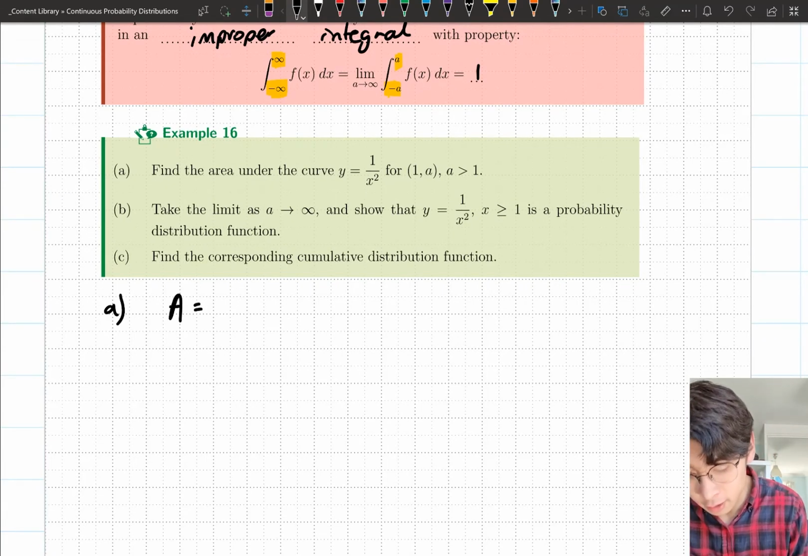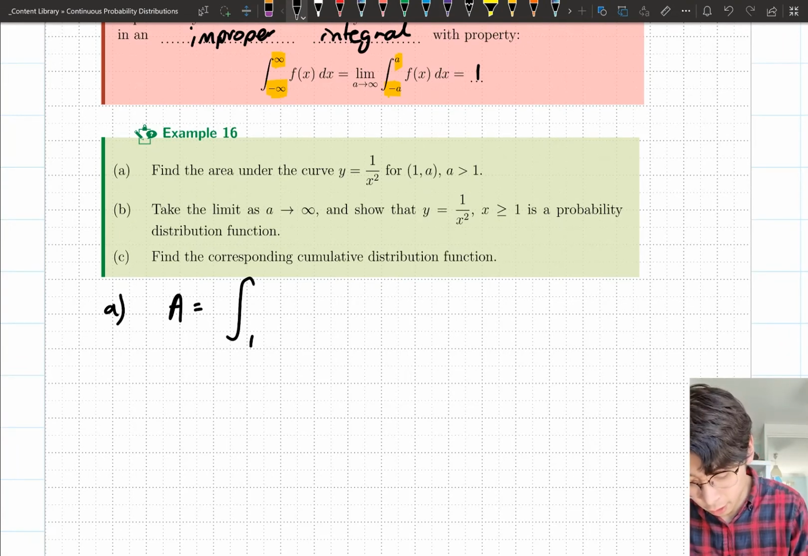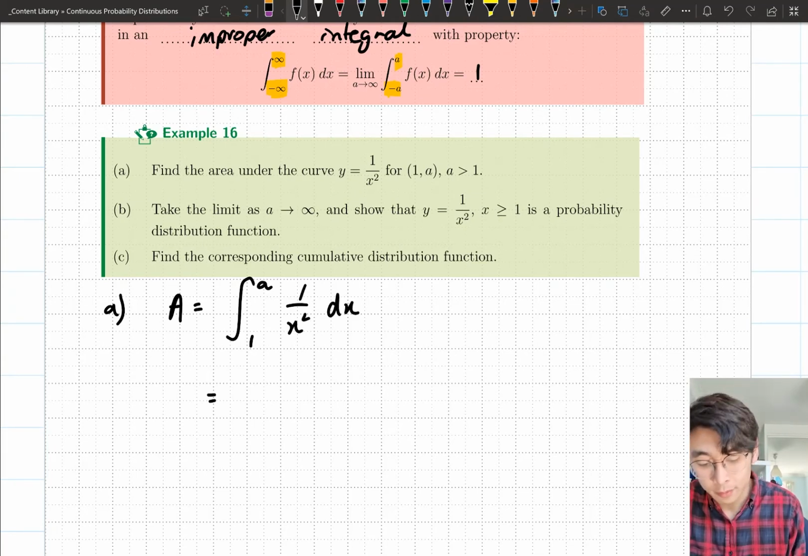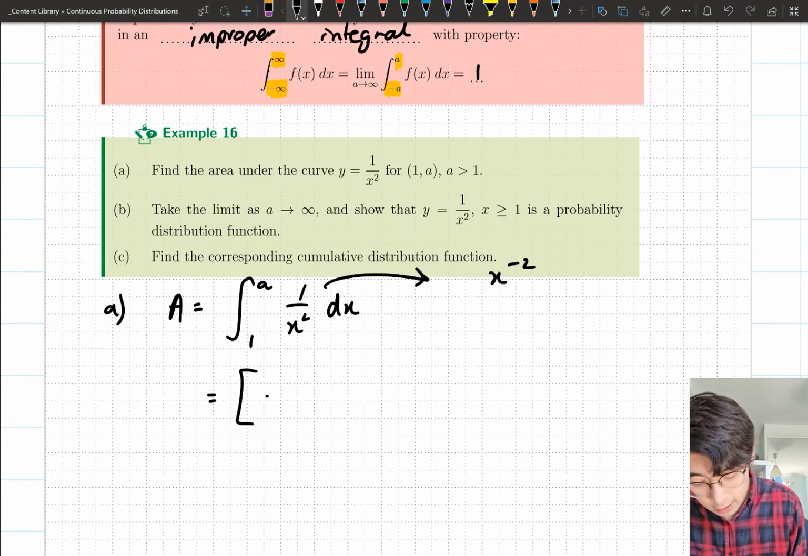If I want to find the area, what I want to do is set up a definite integral, and here they tell me from 1 to a. So I'm going to go 1 to a of 1 over x squared dx. Now I need to integrate 1 over x squared. That's just x to the power negative 2. So when I integrate this, it's going to give me negative x to the power negative 1 from 1 to